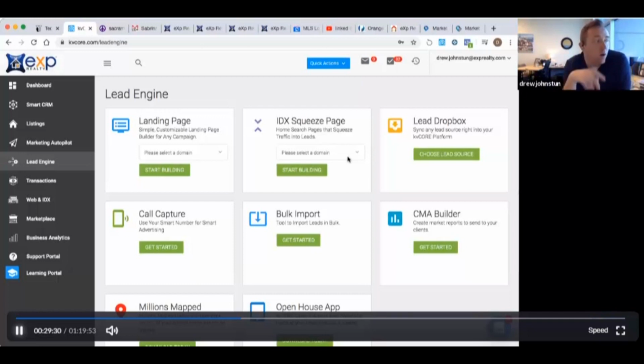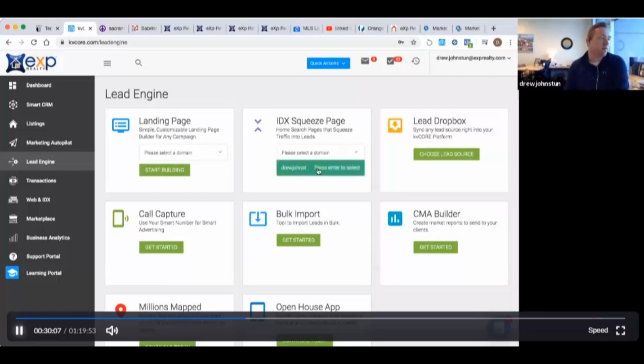What else you can do, anyone here have it set up for their local MLS? This is how the process goes: you get a client, you get them into the MLS search, and then you set up a search for that client based off of what they're looking for. So a squeeze page is us working backwards. We're going to create a search and then look for the clients that fit that search, because we're going to go and promote that search.